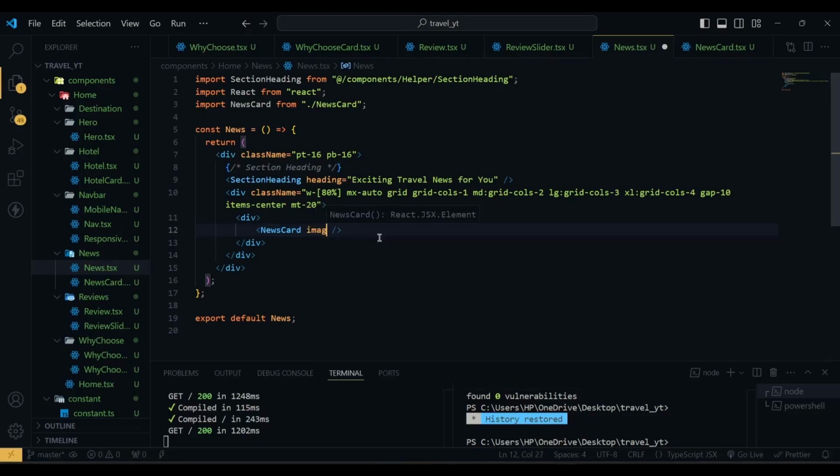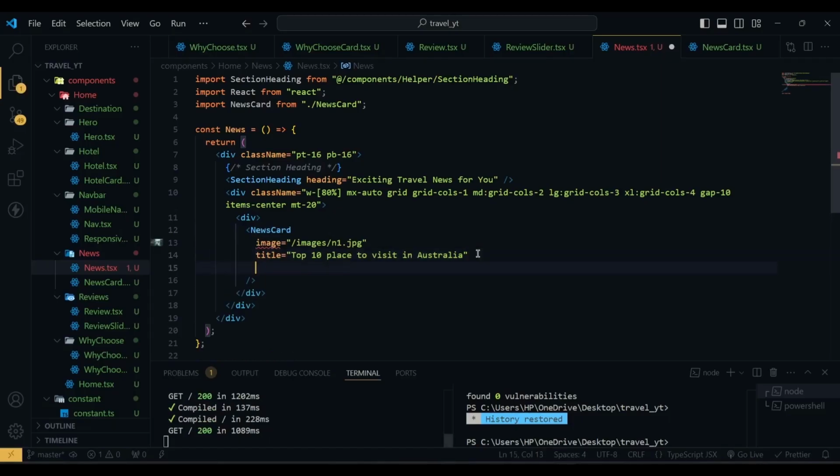The first one is the image, and for the first one we have /images/n1.jpg. Then we're going to pass a title. For this one let's say top 10 places to visit in Australia,